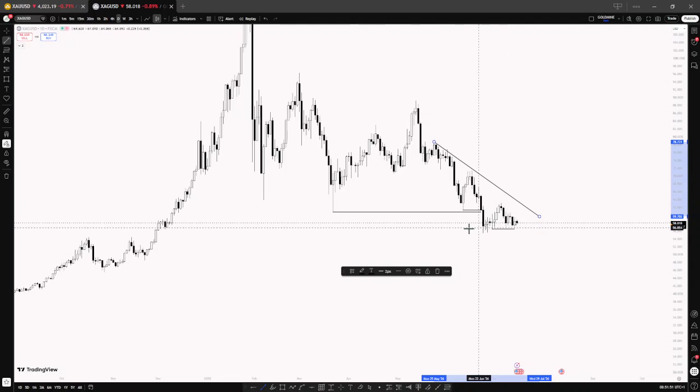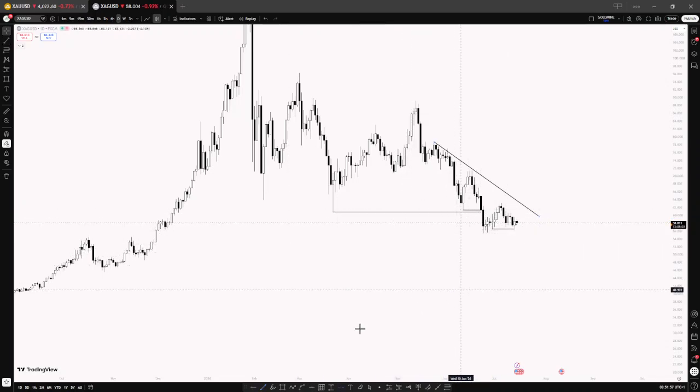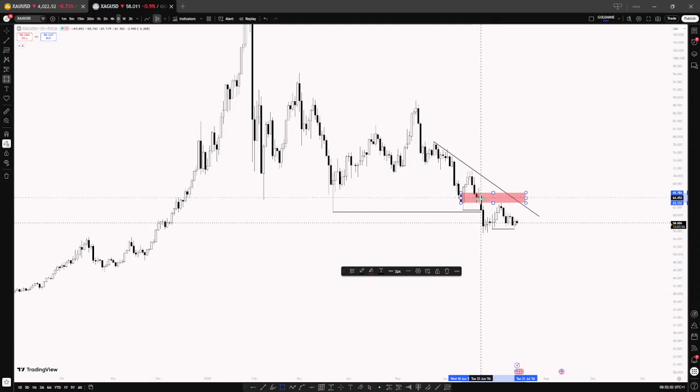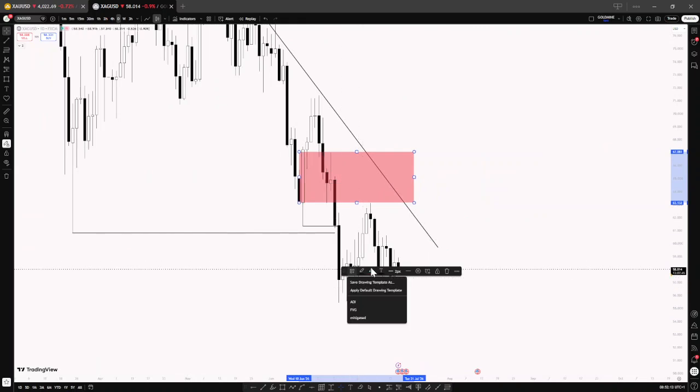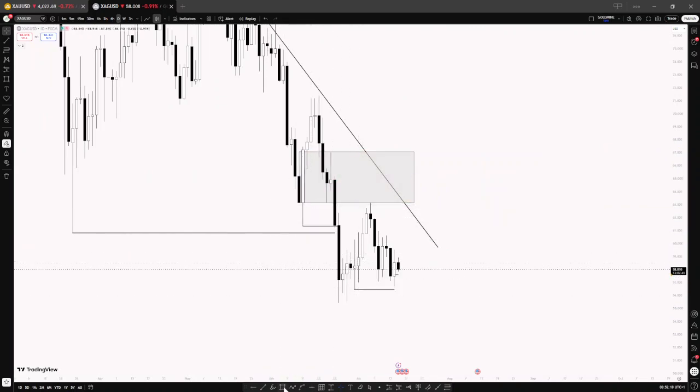So yes, we're bearish. The next thing you want to do is mark out your point of interest. You can see multiple points of interest that could have been marked, such as this breaker that also covers this area. Let's mark all of this. So this is the point of interest you would have been looking at. However, I also marked out this FVG from this area to this area, because this has not been mitigated.